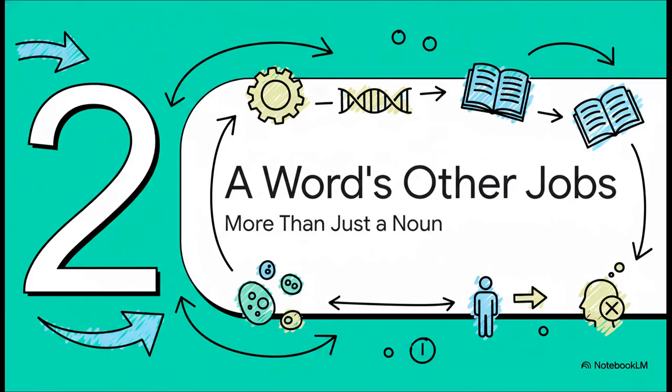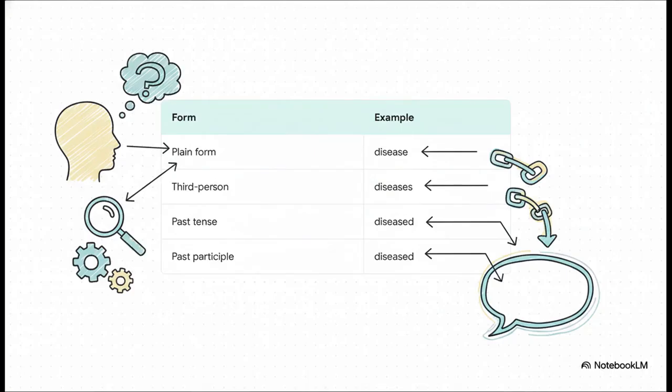Okay, now here's the thing. Truly essential words are rarely just one-trick ponies. They're flexible. They can do more than one job. For instance, disease isn't just a noun. It can also be a verb. Like a lot of core English words, you can adapt it. You can have a disease, but something can also disease you. This kind of grammatical flexibility makes it a super efficient tool for communication.